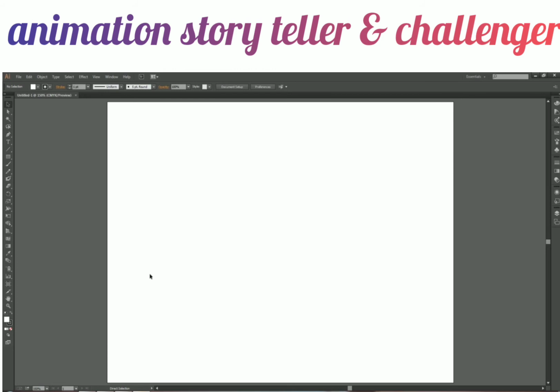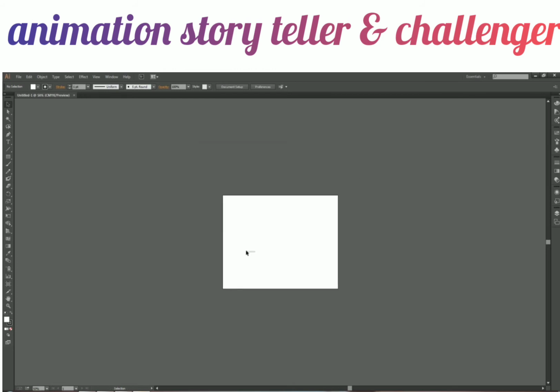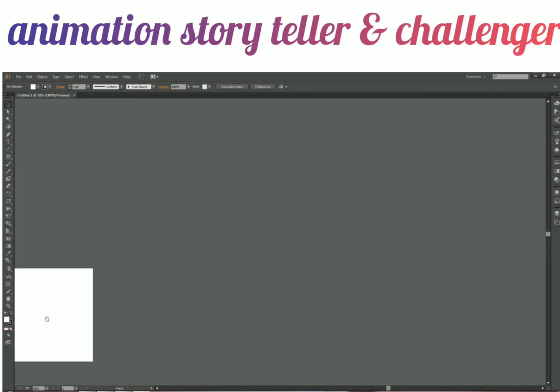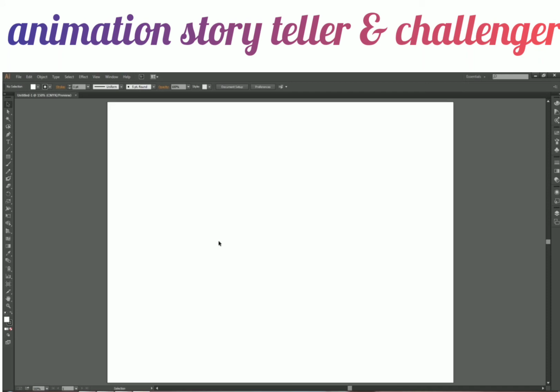So let's say I did something and my canvas flew off the screen, and I don't know where it is, and it's too hard for me to call it back. So I can just press Control 0 and it will come back. It's like fit to screen. That's the shortcut for it. Okay, so let's start with the interface.